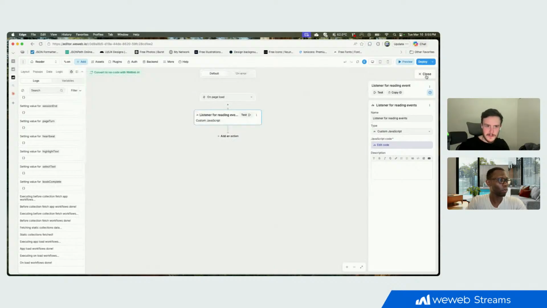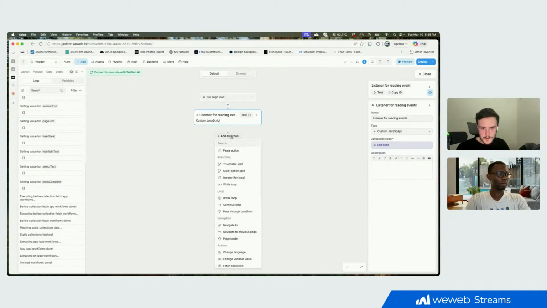We can see. So you'll need to refresh the page for the listener to take effect. Okay. I'm trying to figure out how we put in something to help us know that it is working. I guess we can add some console logs. So if you open up the JavaScript